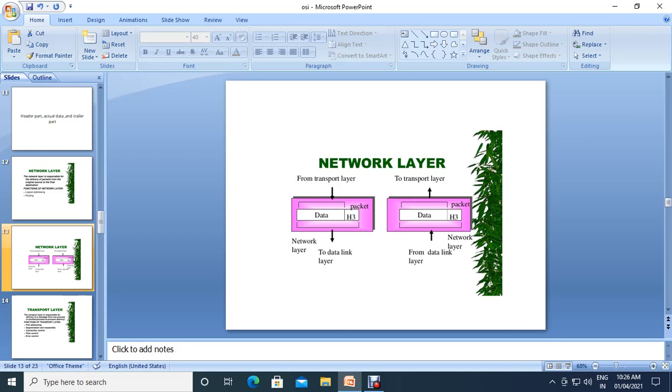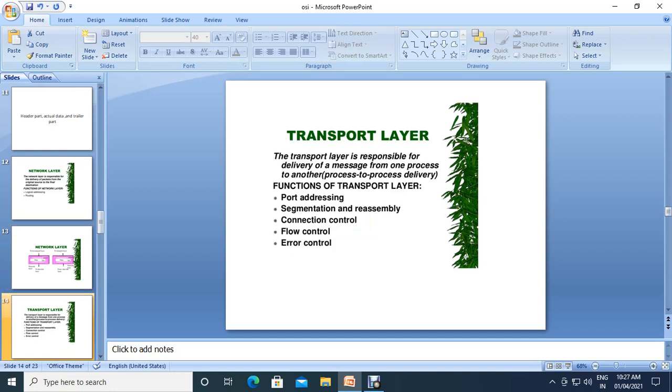Actual data is divided into packets in the network layer. The data link layer sends it to the physical layer, and the physical layer sends it to the receiver machine. In the receiver machine the data is received in the physical layer, then sent to the data link layer and next to the network layer. Like that, the data is transmitted from one node to another node, or from one system to another system in the network.